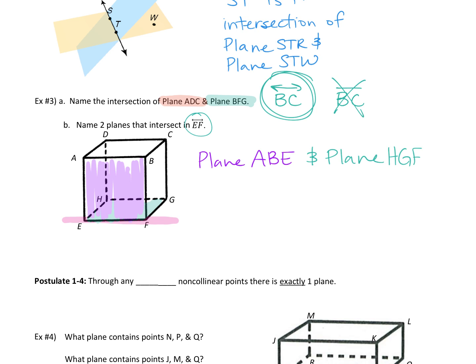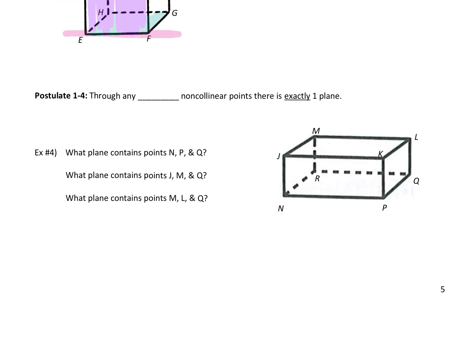Okay, this is my favorite postulate of the lesson. Postulate 1.4. Because this applies in life a lot. Hopefully, moving forward, you'll notice this in a lot of places in life. It says through any blank non-collinear points, there's exactly one plane. What does non-collinear mean? Not in a straight line. Anyone think they know what number that should be? It's 3. Yep. Through any 3 non-collinear points, there's exactly one plane,